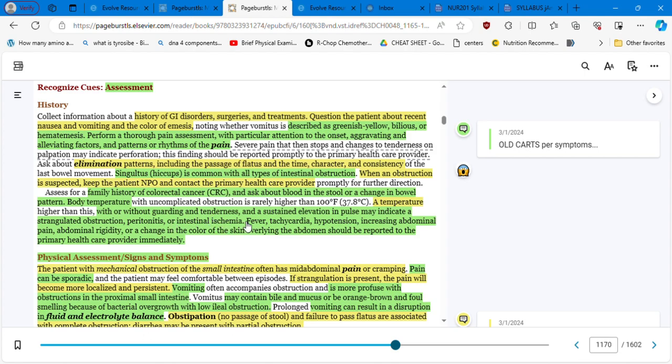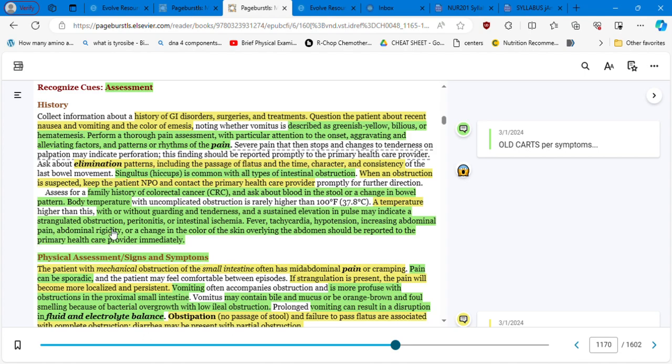Let me repeat that sentence. A temperature with or without guarding and tenderness, okay, guarding and tenderness means that the patient is covering the abdomen and they are scared that you touch the abdomen, right? And a sustained elevation in pulse, meaning that there is tachycardia, and that is one of the signs and symptoms of fever, right? Tachycardia may indicate a strangulated obstruction, okay, peritonitis or intestinal ischemia, fever, tachycardia, hypotension, increasing abdominal